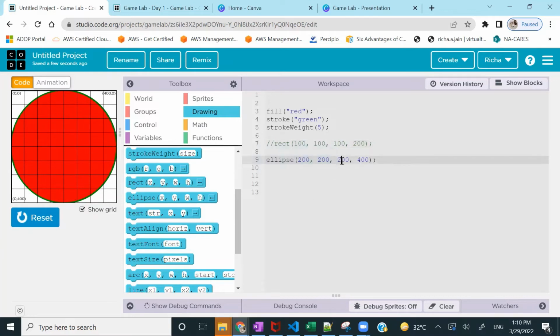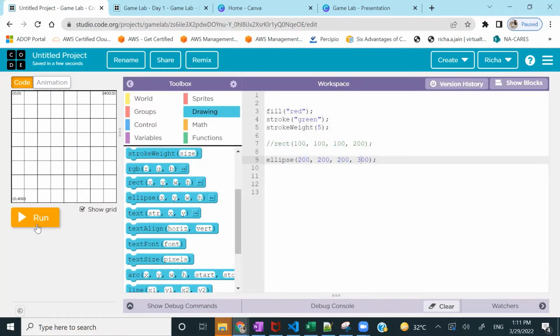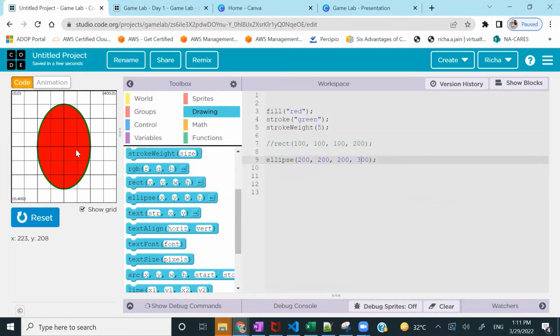Let me change the width to maybe 200. Reset and run it. See, so the width is now 200 and height is 400. We can again change it just for experiment purpose, for your understanding. Now, my width is 200 and my length is 300. Sounds good? Okay. Another thing, say for example, we have our rectangle as well here. And this time for ellipse, I want to give a different color. So I will have to rewrite this function fill. And maybe now this could be a blue one.